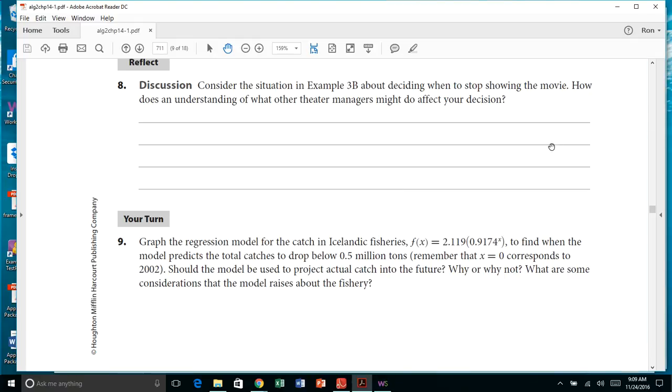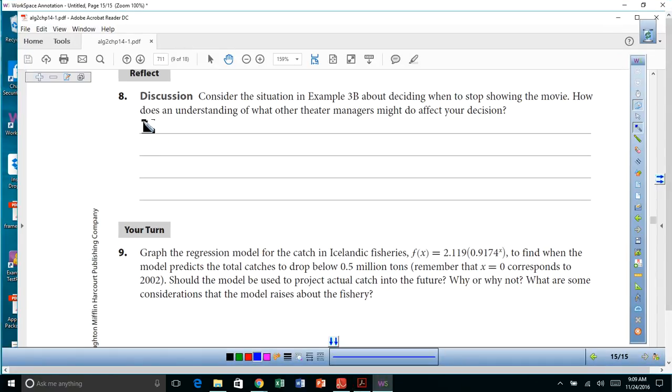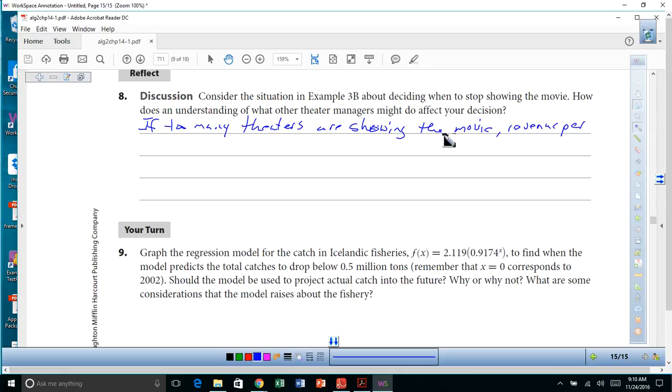Okay. Hindsight's 20/20. If too many theaters are showing the movie, revenue per theater will decline. But